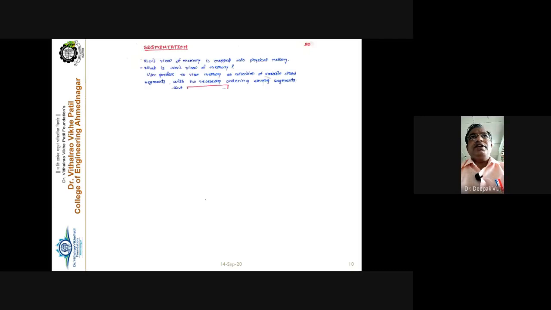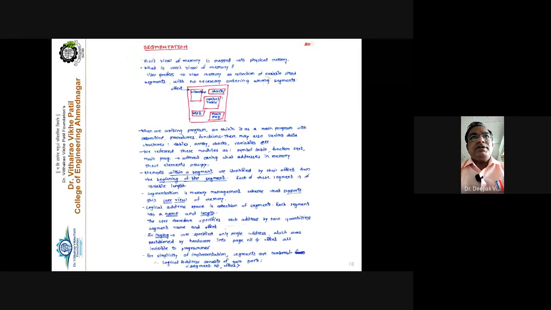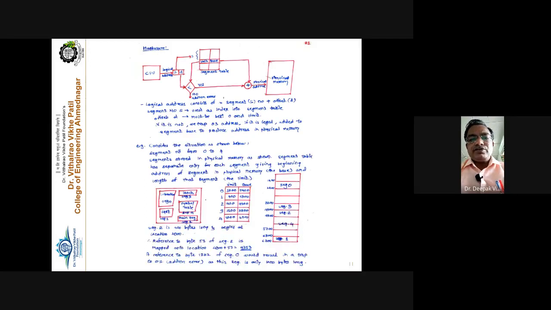And the next point is segmentation. We have seen that memory is segmented into a number of segments, and a base and a limit value are used for each segment. So each segment has its corresponding base and limit value. But we can have external fragmentation with segmentation. If we go for the segmentation scheme, there will be external fragmentation of the memory, but of course we are avoiding internal fragmentation.